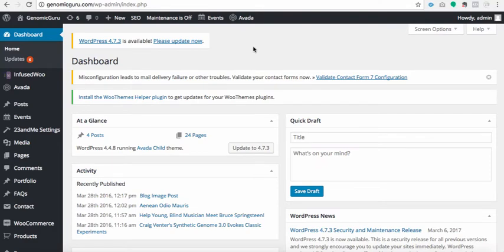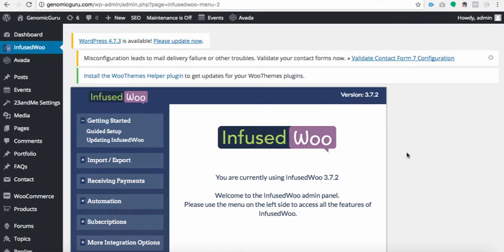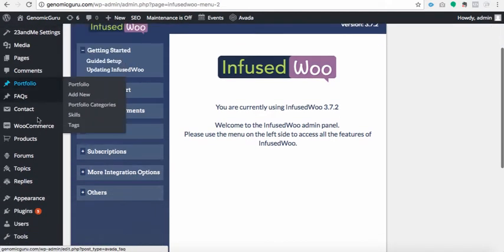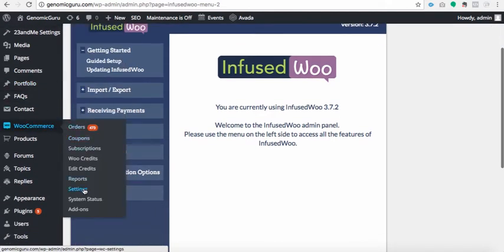There's a couple things to look at in here. This is the API that integrates everything from WordPress and WooCommerce over to Infusionsoft. If at all possible, we definitely want to process payments through Infusionsoft. It allows us to do much more automation and gives us a lot more possibilities going forward in marketing and upselling and cross-selling. So first thing, if we go down here to WooCommerce and we go into the settings,